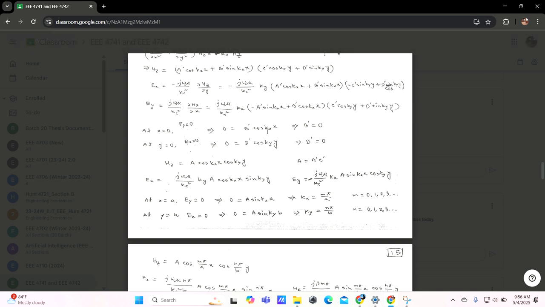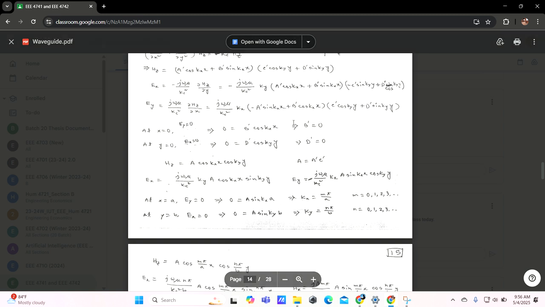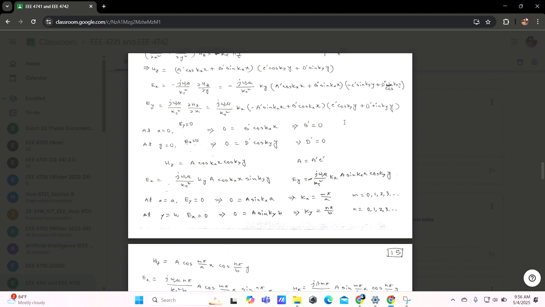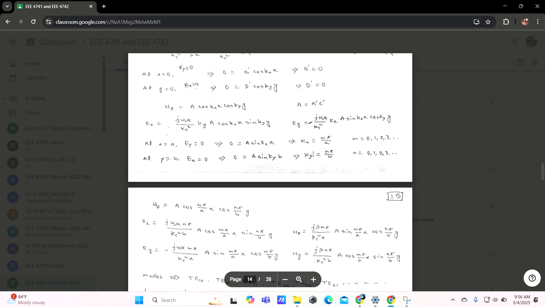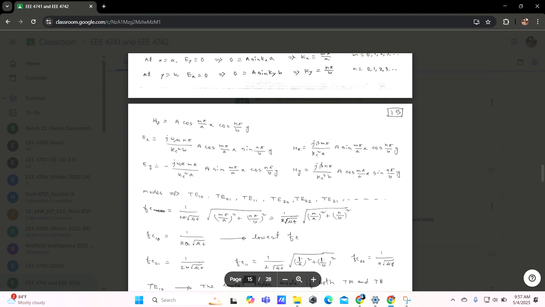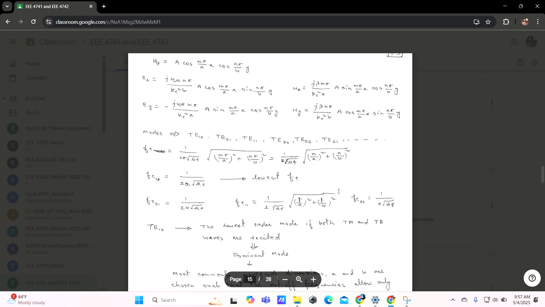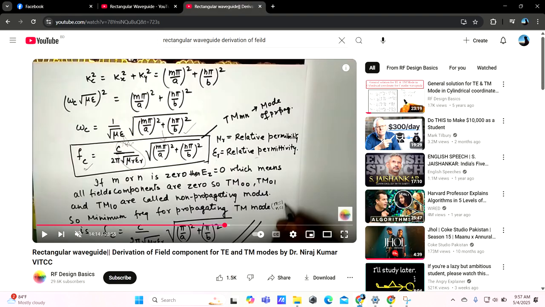By putting the boundary conditions here, we can get the values a prime, b prime, c prime, and d prime, the variables which we intuit. Then by putting the values of a prime, b prime, c prime, we derive the equations of kx and ky. We get kx equals m pi by a, and ky equals n pi by b, pretty similar to the transverse magnetic wave. In this case, if I go to the video again,